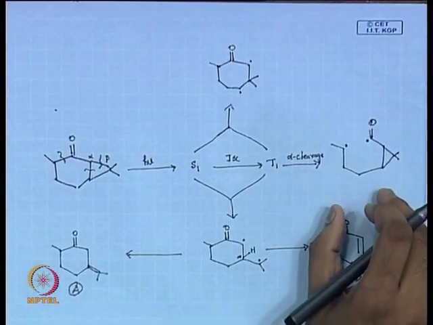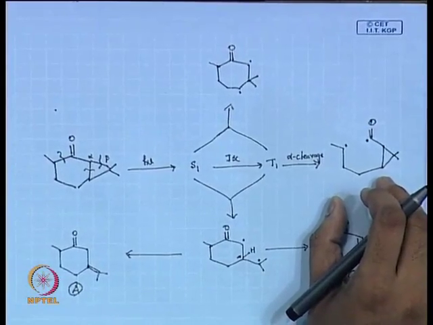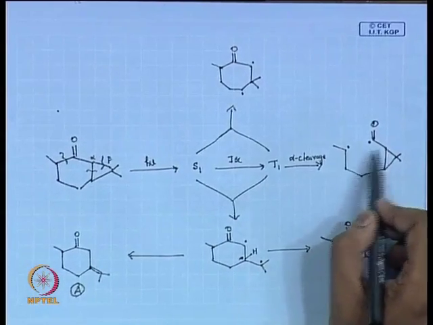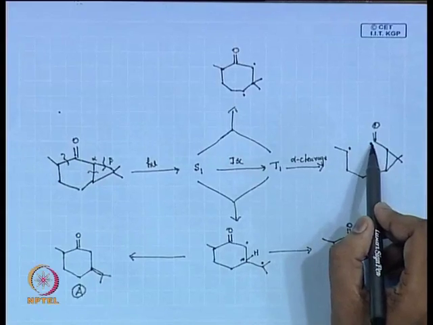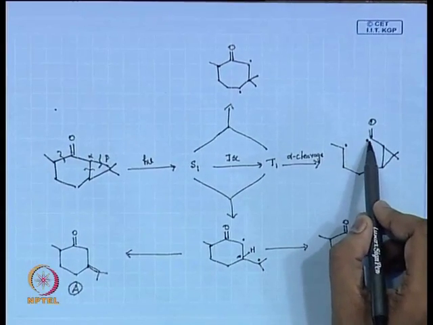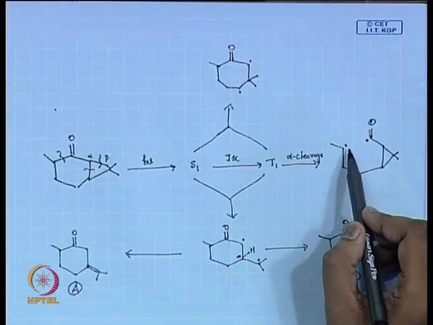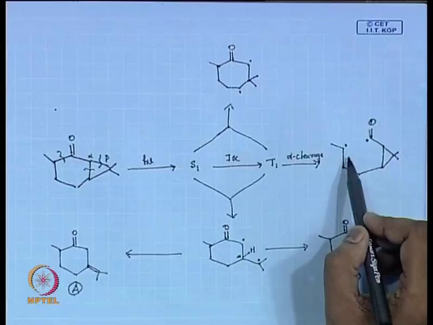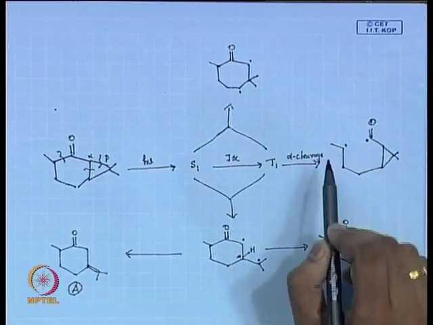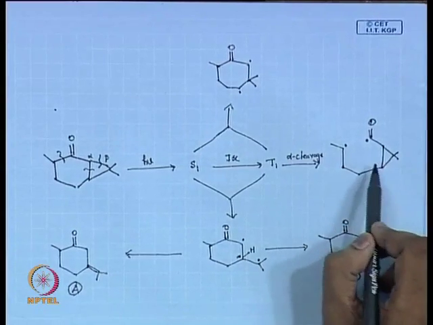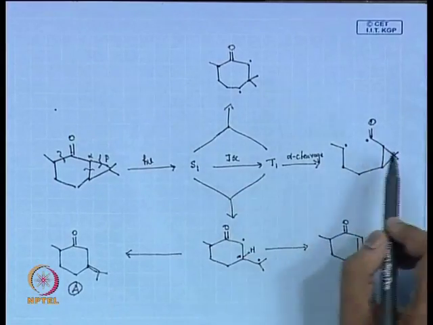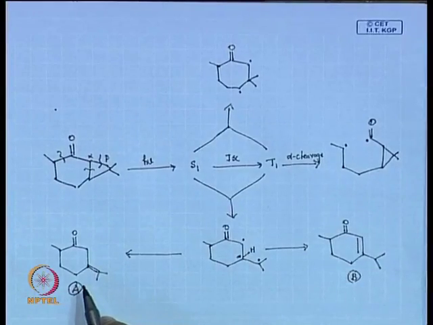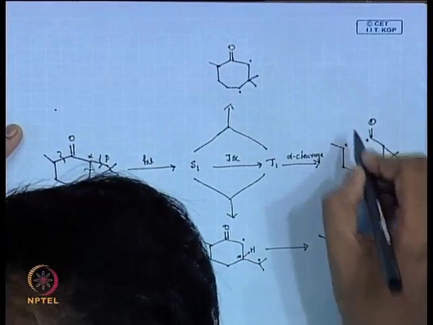So, I leave you with this radical. You have studied what this radical can do. You can decarboxylate, then you can see what radicals you get. The acyl radical can abstract a hydrogen. If the acyl radical abstracts a hydrogen, then what do you get? You get an aldehyde. If the alkyl radical abstracts, then what should you get, but in this case you do not get that possibility, ketene. So now you have to work on this and find out what products it can give. The major product you get out of this is